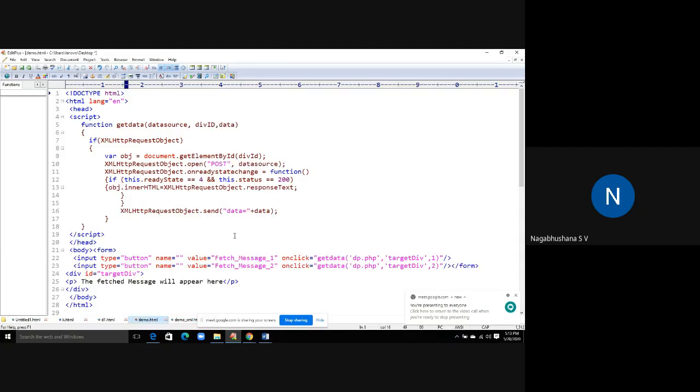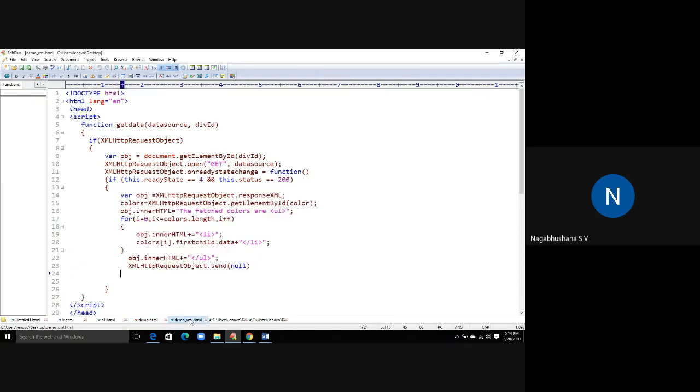I have showcased using a get method and a post method. I will be repeating the usage of the post method, with different kinds of handling of multiple requests in the user context. I will also be talking about the XML file, how you can connect an XML file with respect to an Ajax application.